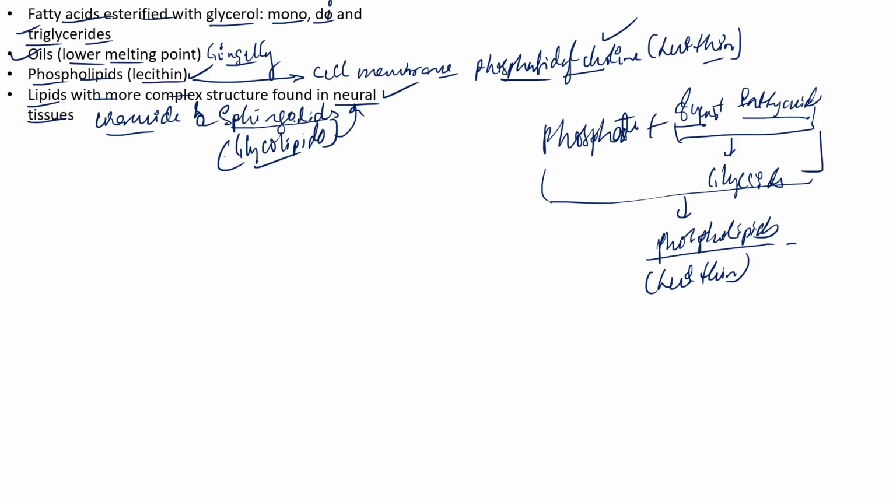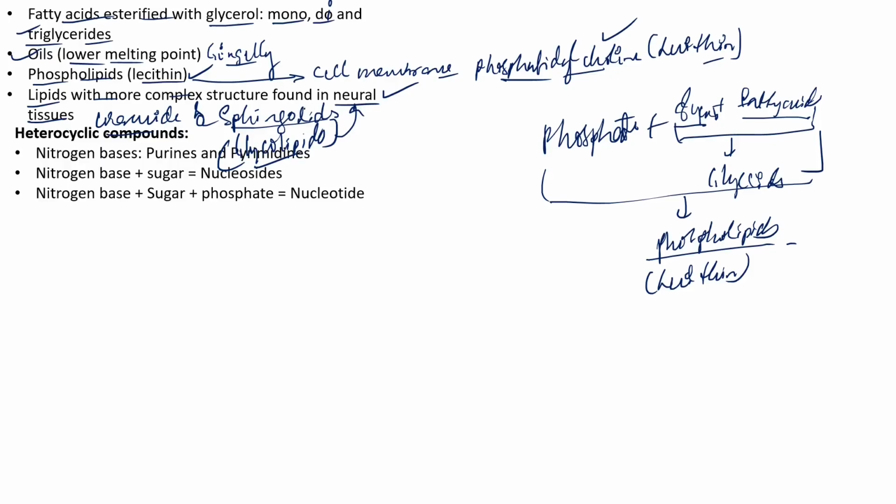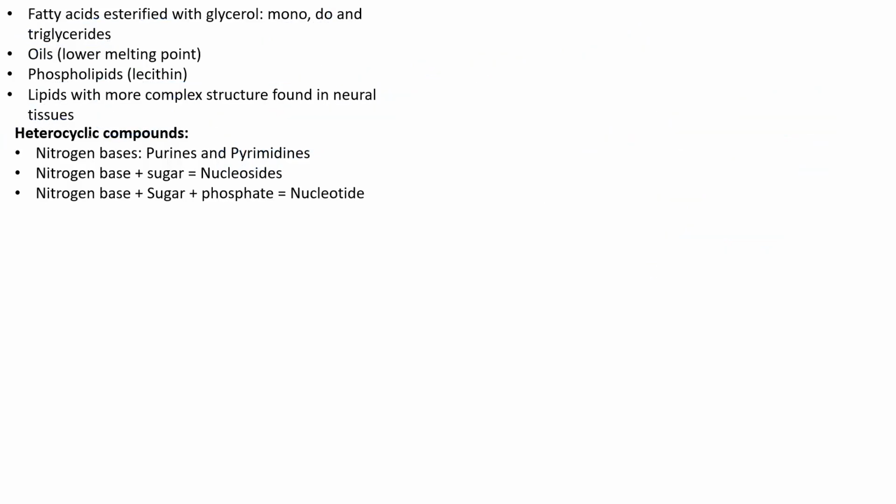So now we can look into the last part, that is the heterocyclic compounds. Let me erase this once again. Now heterocyclic compounds are mainly what we call the nitrogenous bases. If you remember the nitrogenous bases, we have the purines and the pyrimidines, right? We have studied about the purines and pyrimidines in our molecular basis of inheritance,